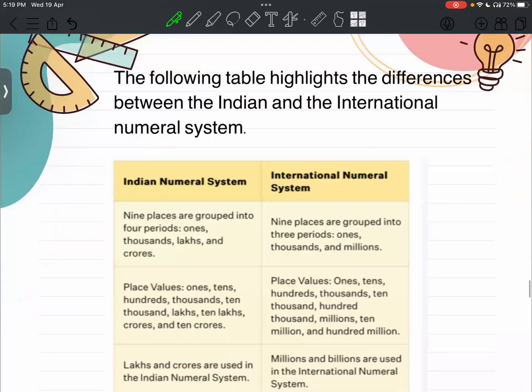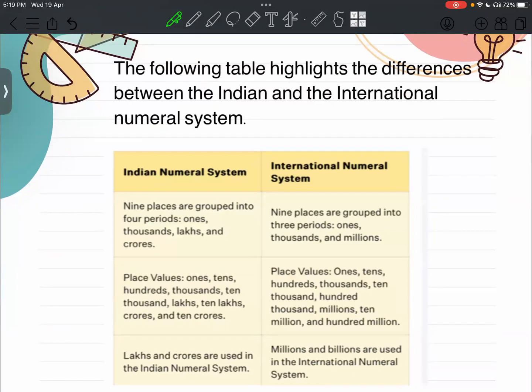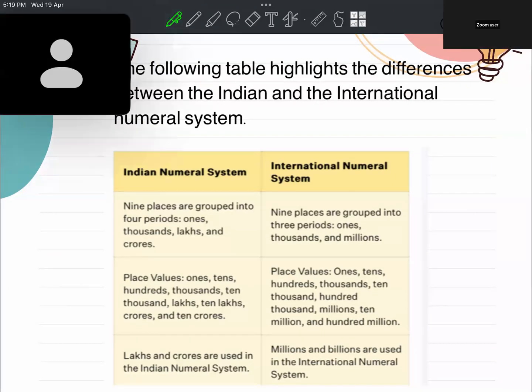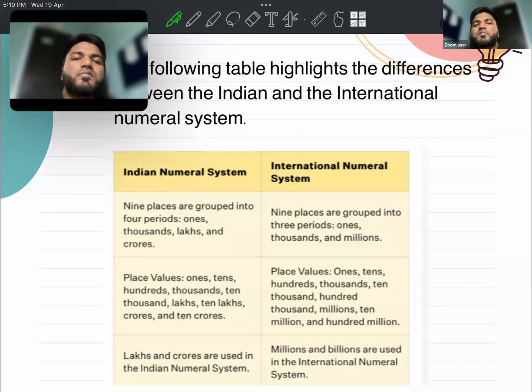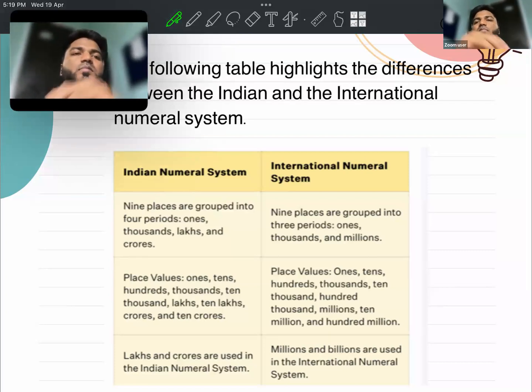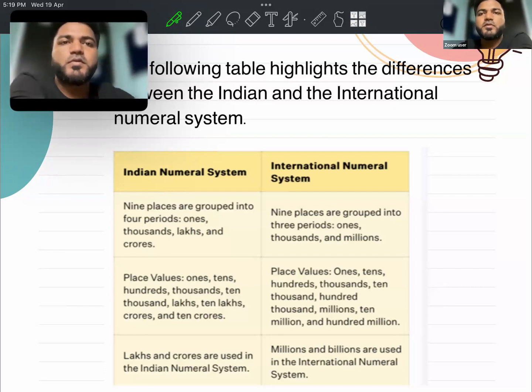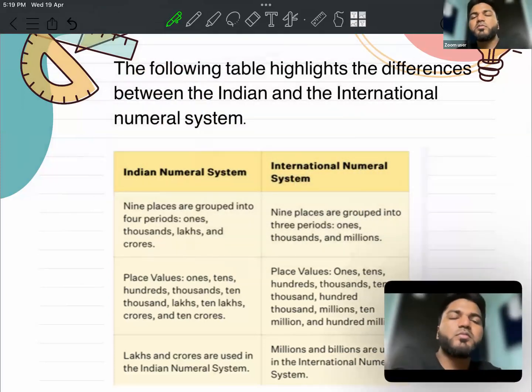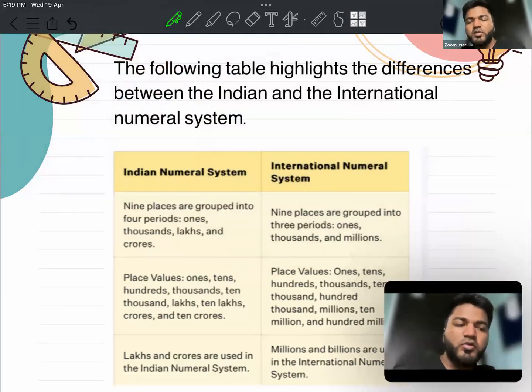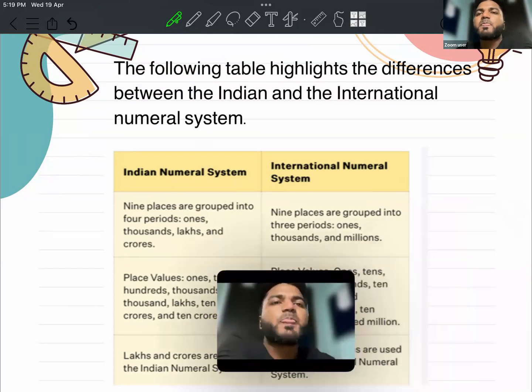I got confused in the international system, because our teacher put three in the table we did, and then she put three only till million. That's why I thought three are there. It's okay, no issue. The more and more questions you solve, more confusions will be cleared. Now let's